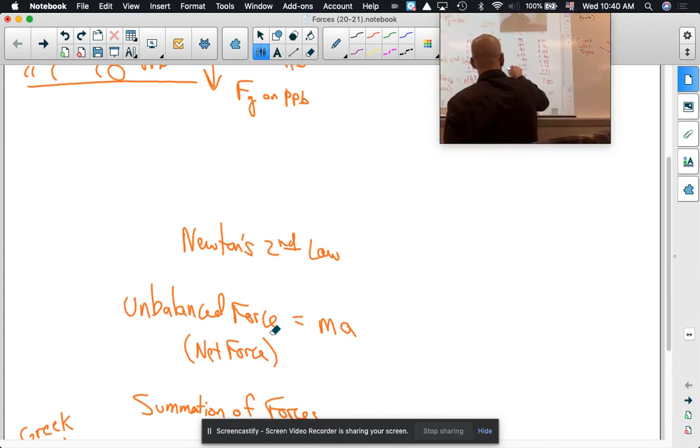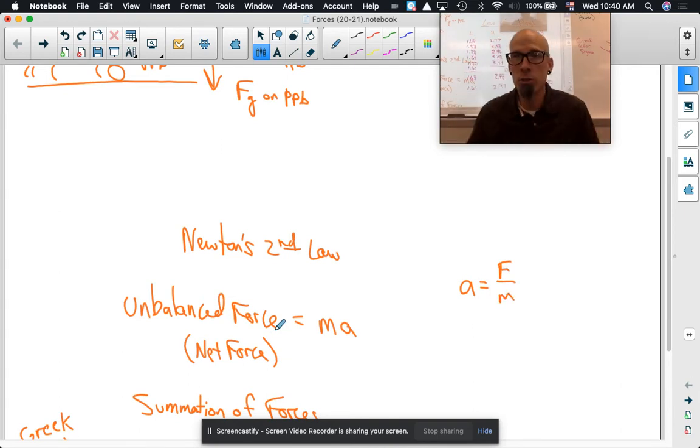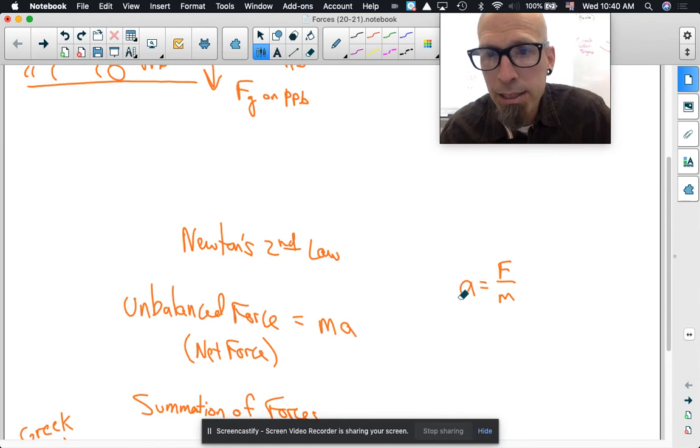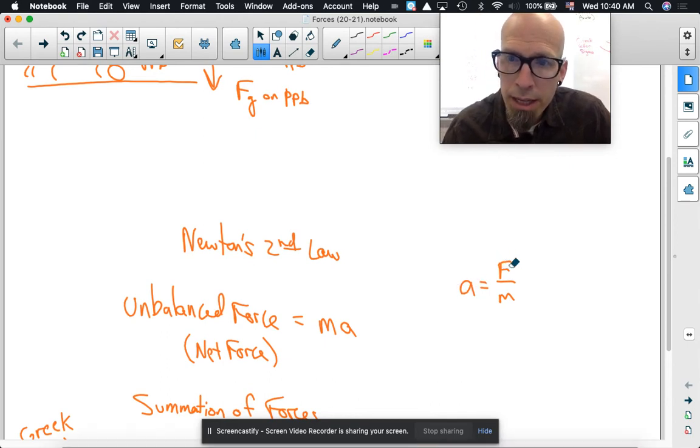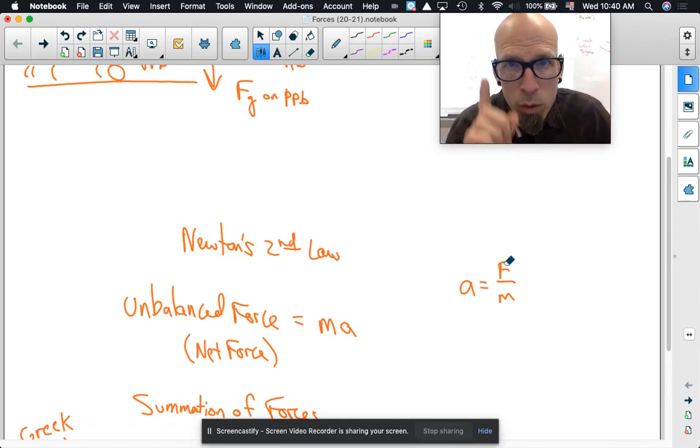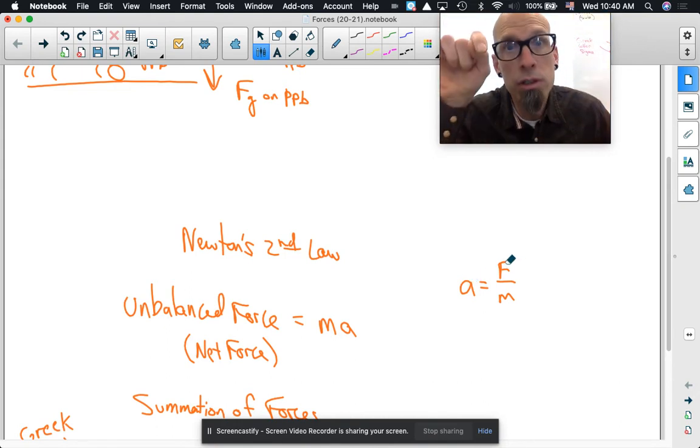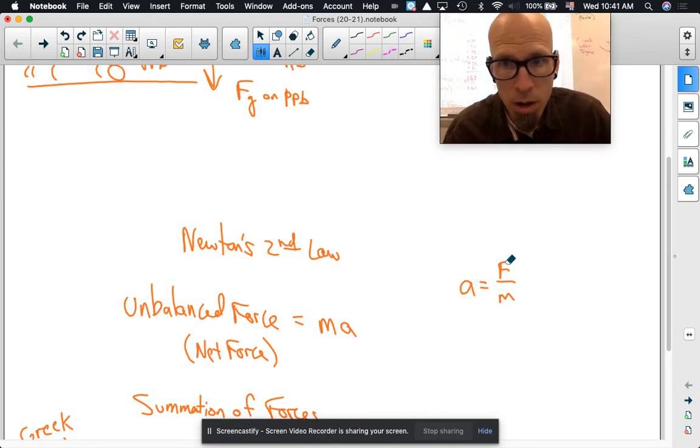If we look at A as F over M, which is how Newton said it. He said, hey, acceleration, whatever the force does, if the force gets bigger, then A is going to get bigger. If F gets smaller, then A is going to get smaller. That's what Newton said. And then he said, if you think about this, if the mass gets bigger, what does